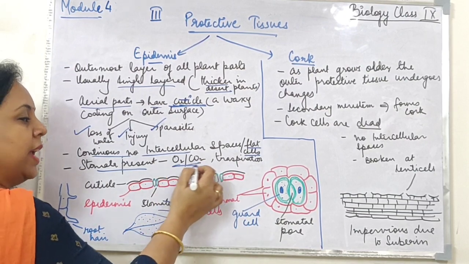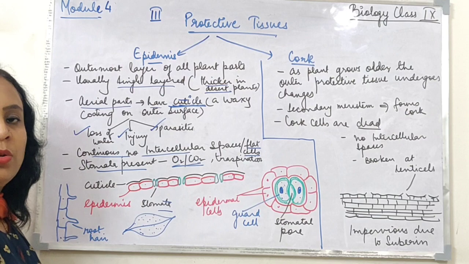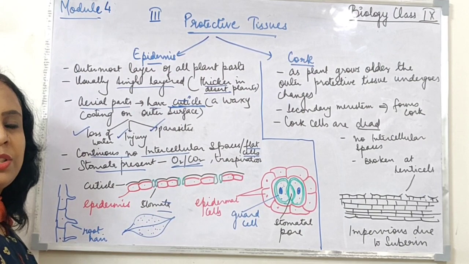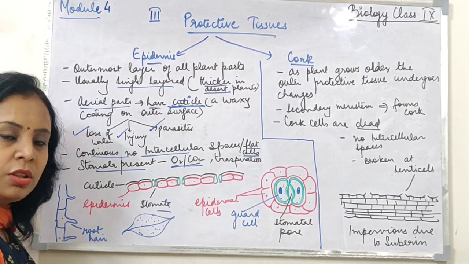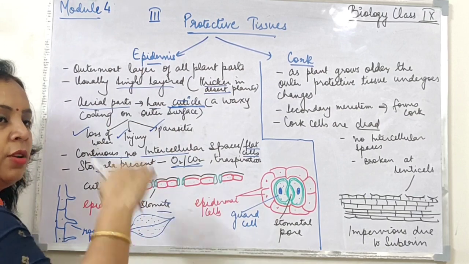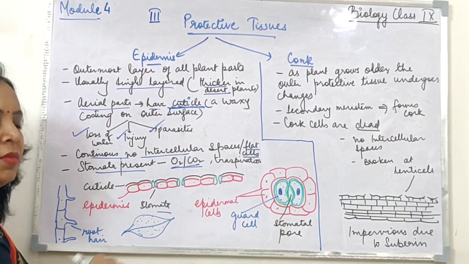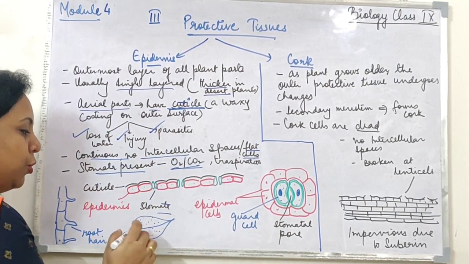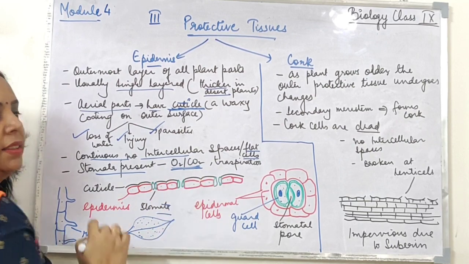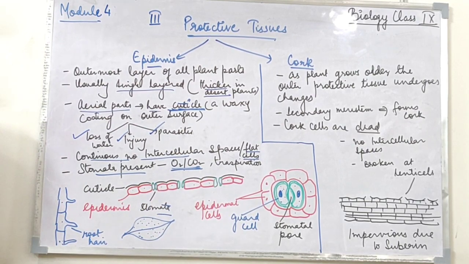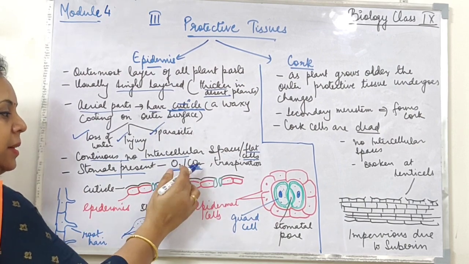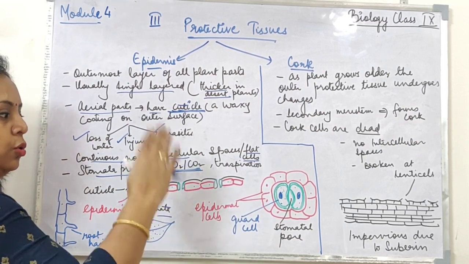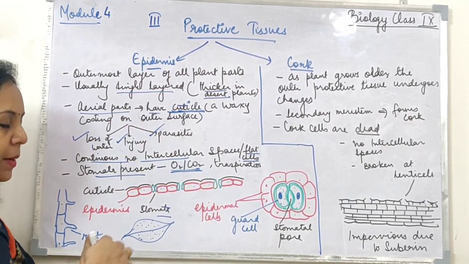And what is the function of stomata? It allows exchange of gases. Children, we know that green plants perform photosynthesis for preparing their food, that is glucose. Without carbon dioxide going in, the food is not going to be made, and in this process oxygen is given out, isn't it? So for photosynthesis, exchange of gases, and also for respiration, exchange of gases is important. So stomata are small minute pores through which gaseous exchange can take place.